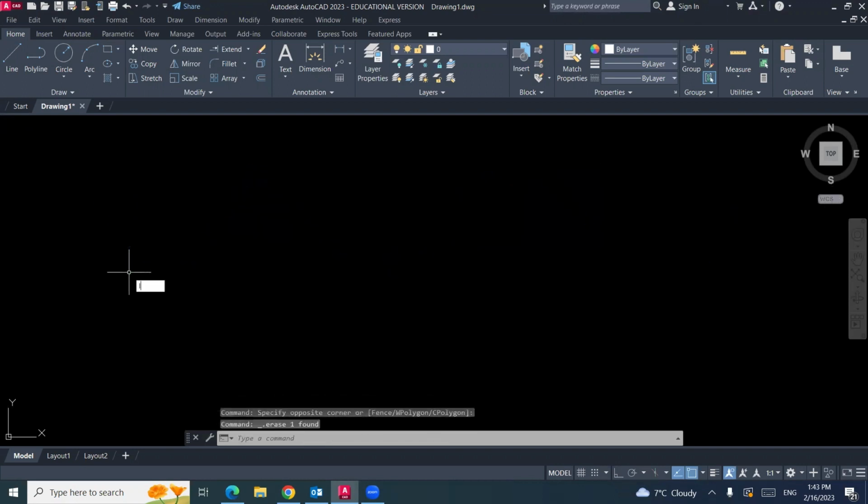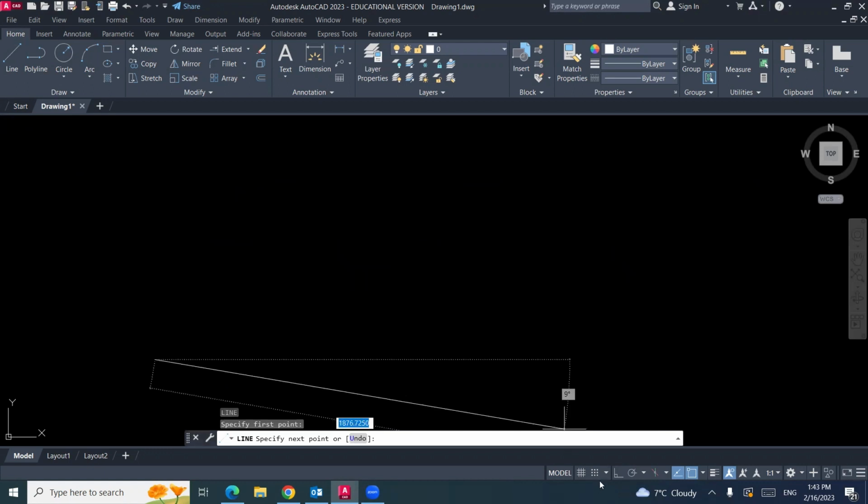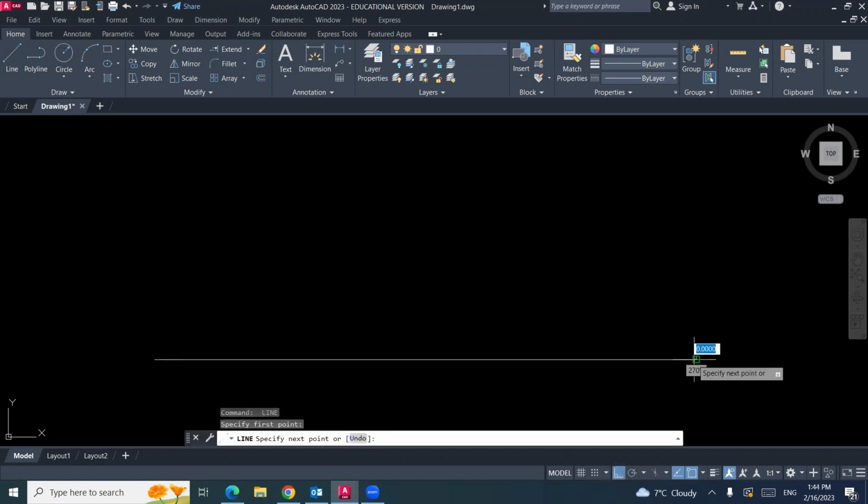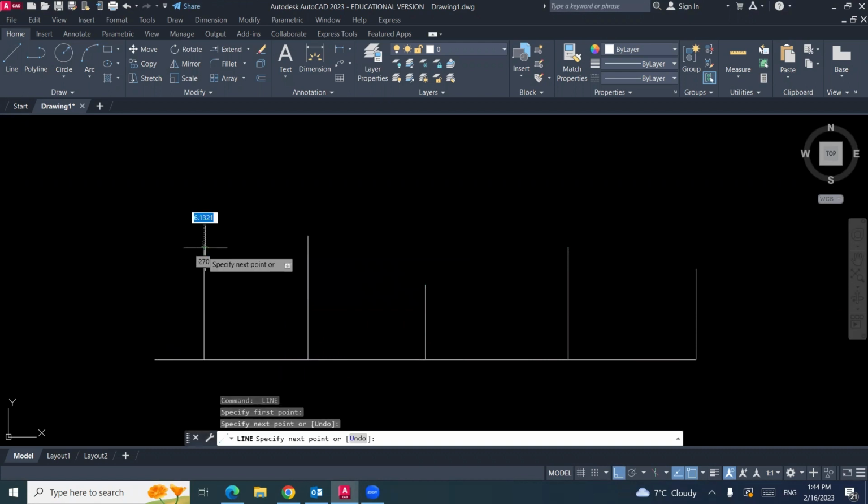So, for example, if we have a horizontal line and we have this height, and this height, and this height, and this height, and this height. We can connect between these heights by a curve using a spline.